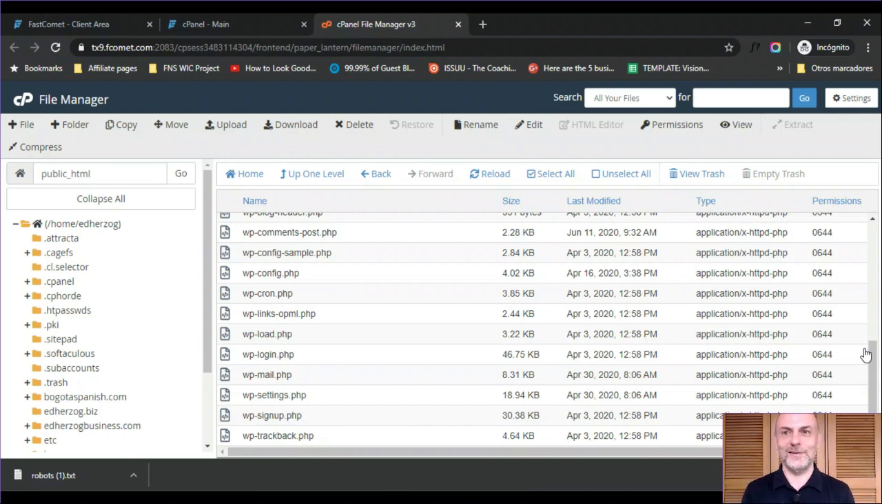If you find out it's not needed, what I would suggest is download that file first. That way, if for some reason deleting that file messes things up, you can then put it back within File Manager. So make sure, always before you delete something, if I wanted to delete this file here,